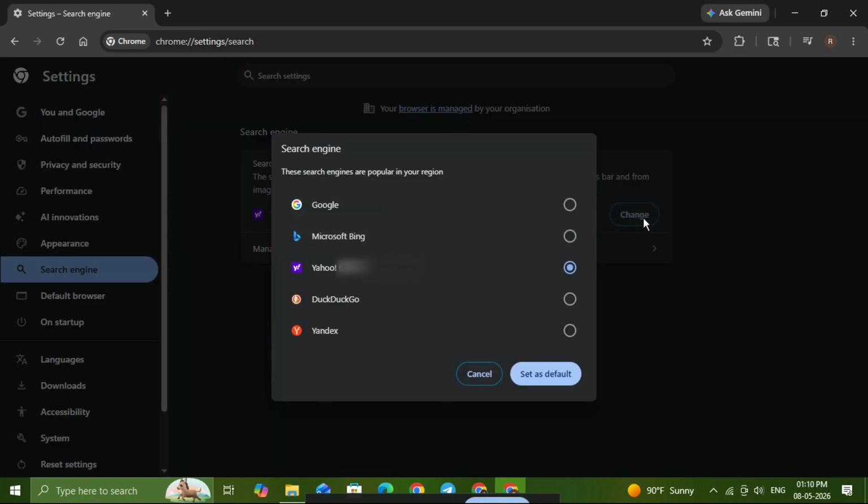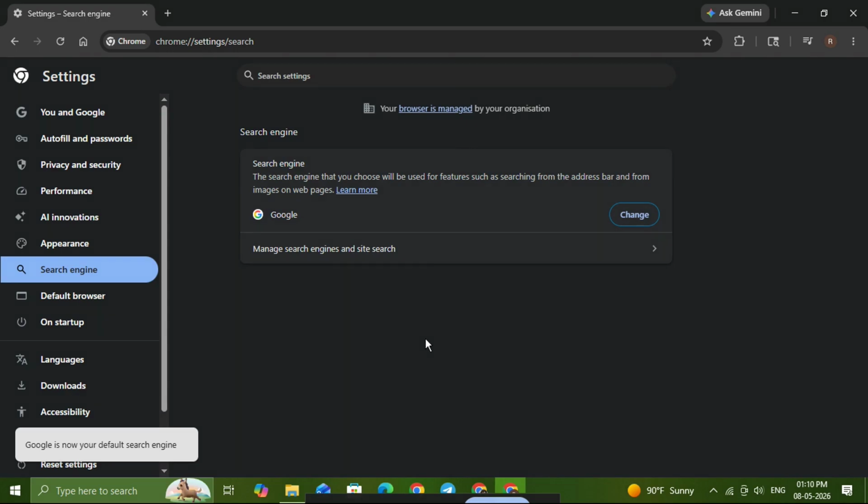A list of available search engines will appear. From that list, select Google. After selecting Google, click Set as default. This tells Chrome to use Google whenever you search from the address bar or open a new tab search box instead of Yahoo. If Yahoo is still showing up after this, it may be because an extension or browser setting